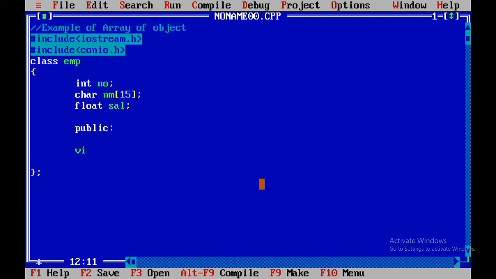Now I am going to create one method called getData. In getData we are going to input the values of three variables.